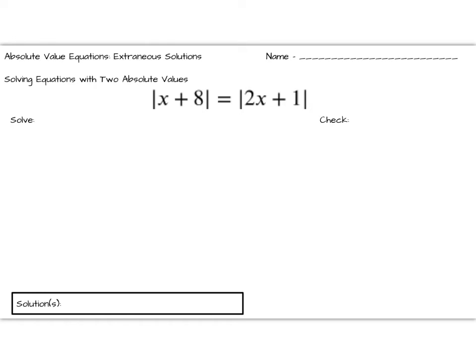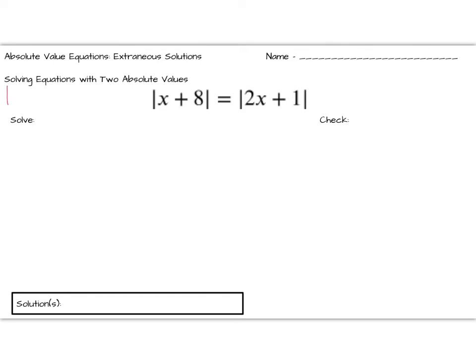Now we're going to look at how to solve absolute value equations when there are two absolute value symbols. And here you see we have the absolute value of x plus 8 equals the absolute value of 2x plus 1. When you have absolute value symbols on both sides of the equal sign, there's a couple of things that